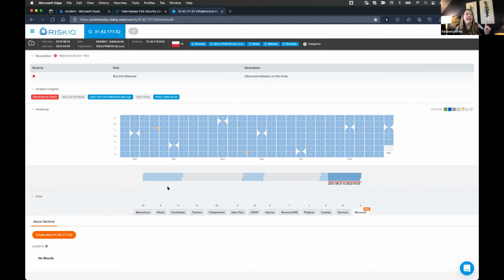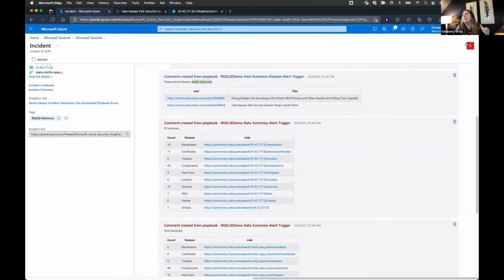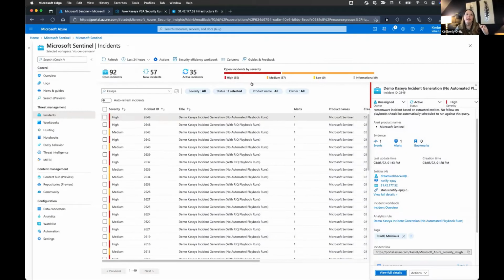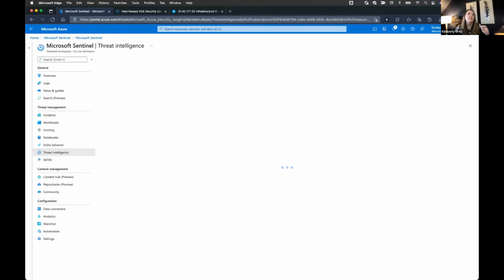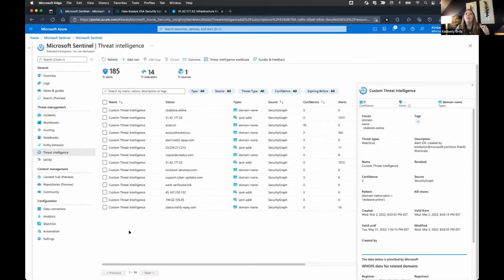So I'm going to jump back into Sentinel. I'm going to X out of this incident. And then I'm going to head over here to threat intelligence. And if you look closely, it's actually in there twice. You can see where that IP address is now listed and included in my custom threat intel. And once it's here, I can see a count of the number of times this indicator has been observed as an entity extracted from a system alert, right?